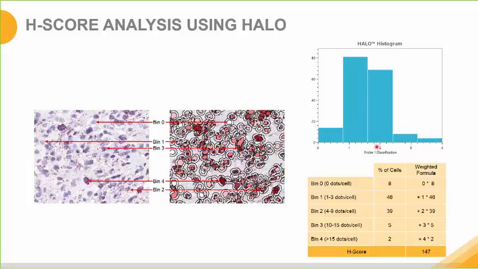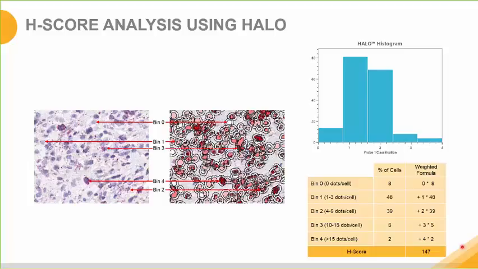This quantitative H-score analysis is highlighted in this slide. In this type of analysis, each cell is assigned to a bin, similar to what I described before, that's based on the number of dots per cell. Clusters are divided by the typical probe signal area, calculated the dot number for the clusters. So in other words, the size of that cluster is determined by the software, and then based on that size, an average number of single mRNA molecules are determined